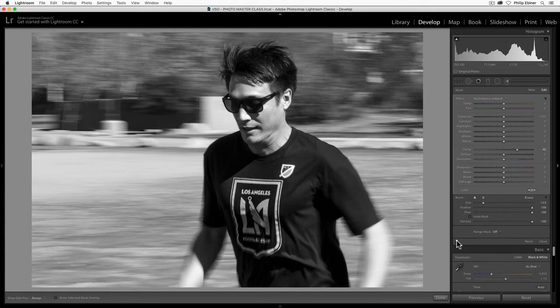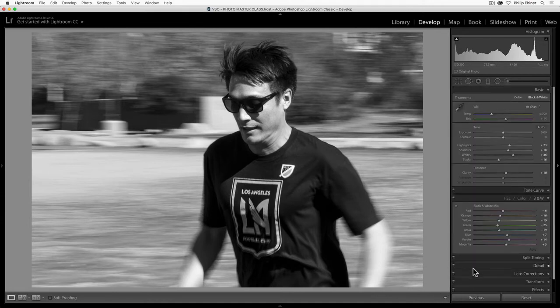So turning this on and off, you can see that it has a little bit more detail, especially where it says Los Angeles, which is the logo for the LA Football Club, LAFC, the new football team here in LA. But it's not going to make this down here in focus where it says football club. But that helps just a little bit.